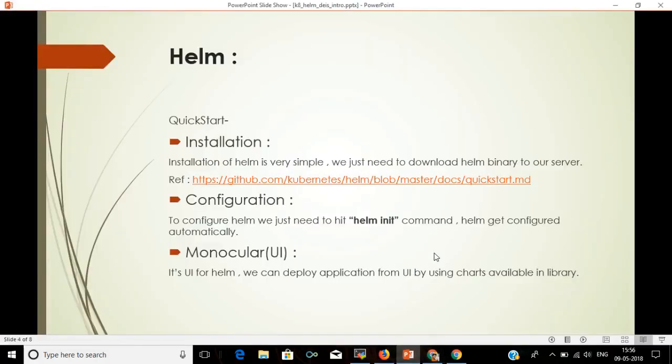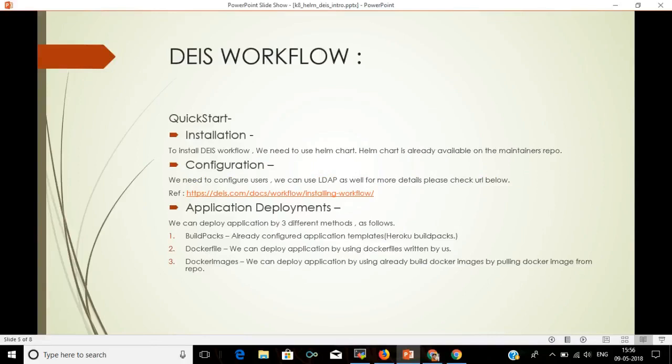So this was a quick overview of Helm. And now I'm moving to Deis Workflow. Deis Workflow is a kind of PaaS, a middle layer between the end user and Kubernetes, to manage a Kubernetes cluster very easily, smoothing the operations on the cluster.